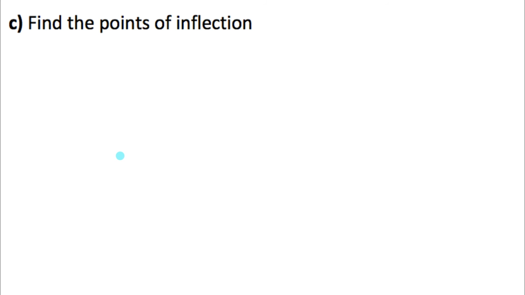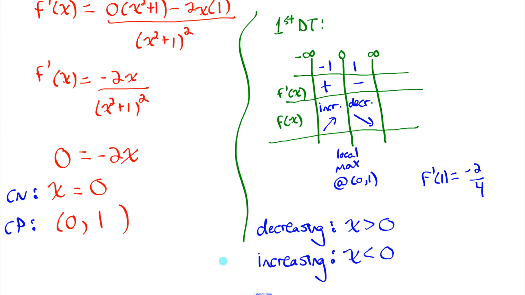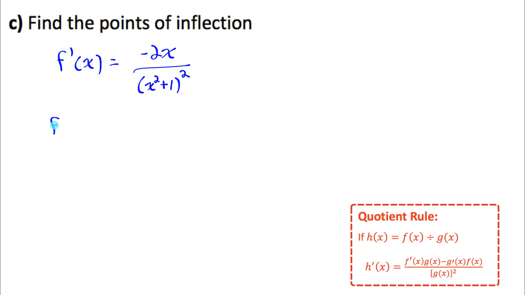Part C says find the points of inflection. Okay, I am going to need the second derivative. So I suppose I could have found that back here and then used the second derivative test. But we'll find the second derivative now. So let me just rewrite the first derivative, f prime of x. Okay, we're going to have to do quotient rule. So f double prime of x, derivative of numerator times the denominator,